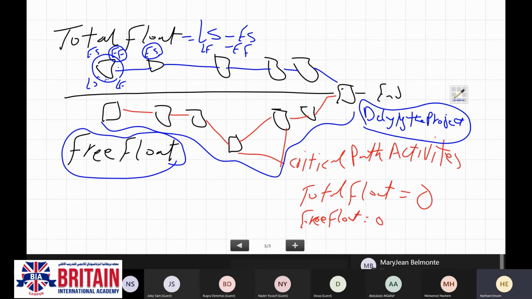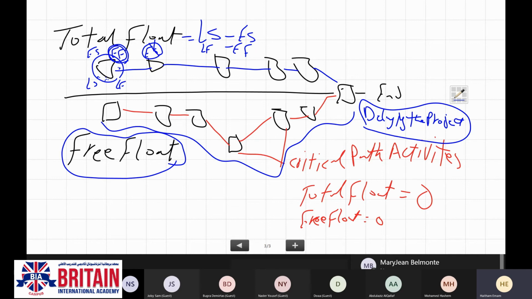Again, is that time that an activity can be delayed in its finish date without affecting the early start of the successor activity.